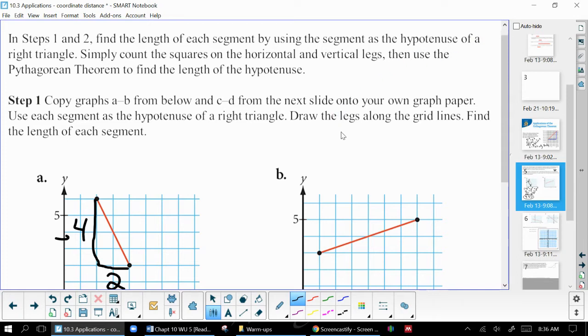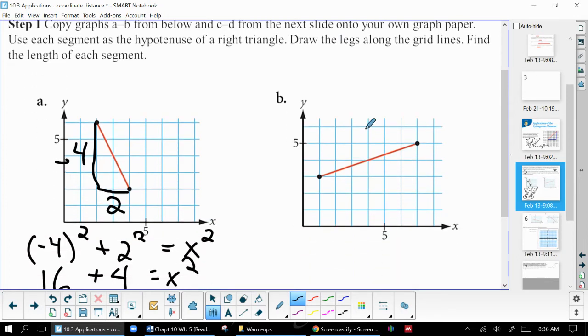Okay, so hopefully you did try it. Again, you actually have to try this stuff. You can't just watch me do it, because you have to do it, not me. So I'm going to look at this one. I've got my triangle here. This one goes over 1, 2, 3, 4, 5, 6 units, and up to